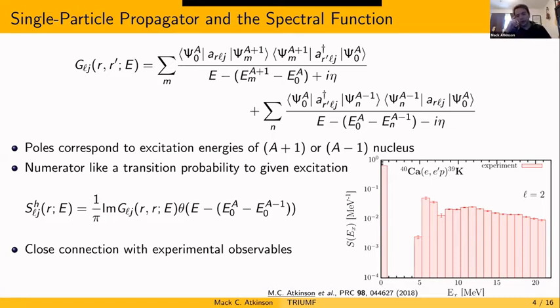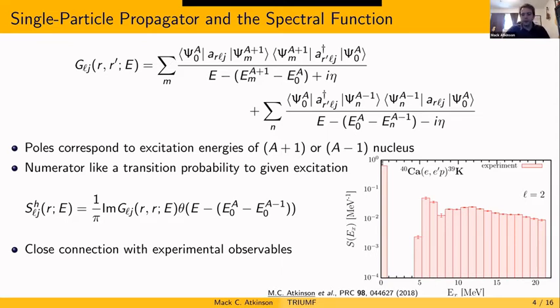I'm showing here on the bottom right a histogram, which is an excitation spectrum coming from this calcium-40 (e,e'p) experiment. It's an excitation spectrum of the resulting potassium-39 nucleus. In this case, this is the L=2 state, which is the ground state of potassium-39. So you would expect naively that there would just be one bar in this histogram right at the excitation energy, because that's where the quasi-particle energy of the proton being removed from calcium-40 is.